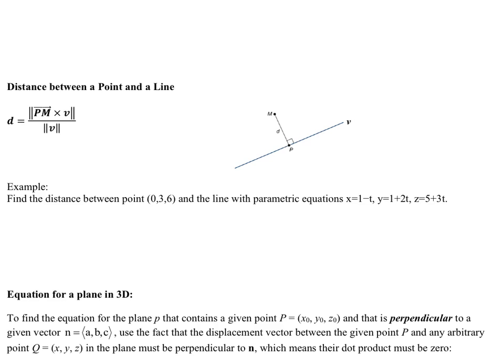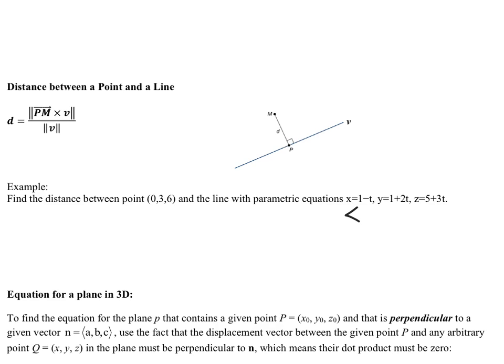I'll get into the derivation next time, because it's going to bring things to a screeching halt at this point. But in terms of the actual process, it's not terrible. We just need to come up with the relevant vectors. When it says find the distance between the point 0, 3, 6, and the line with parametric equations 1 minus t, 1 plus 2t, and 5 plus 3t, we're looking at